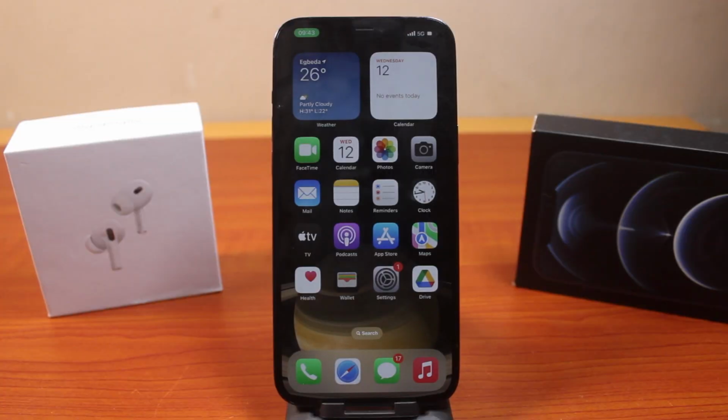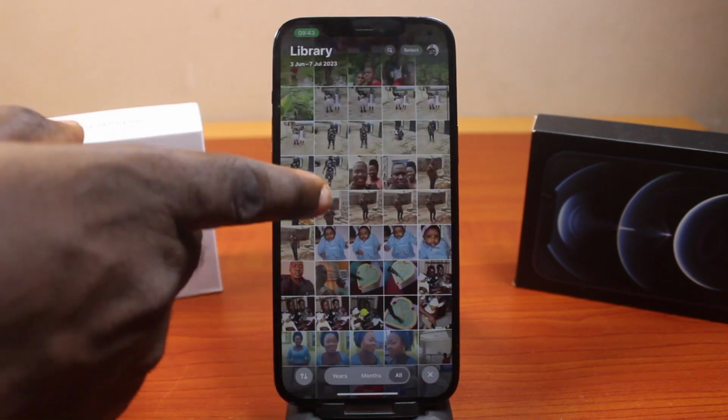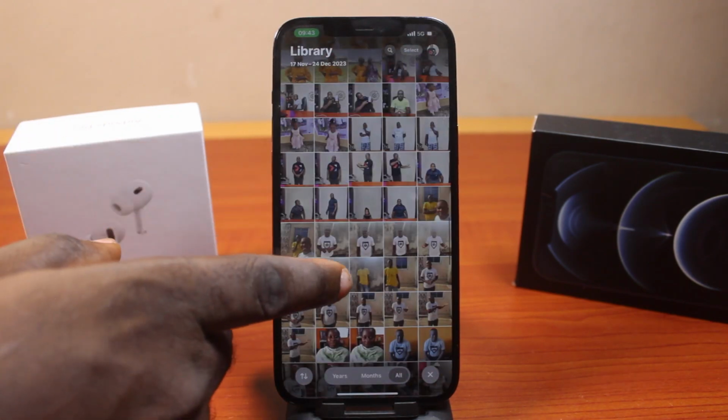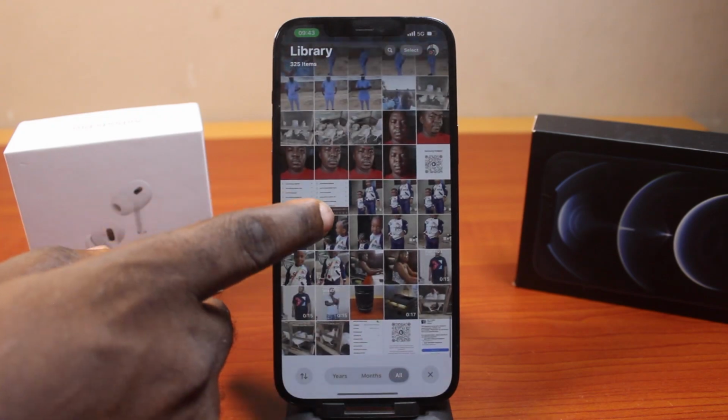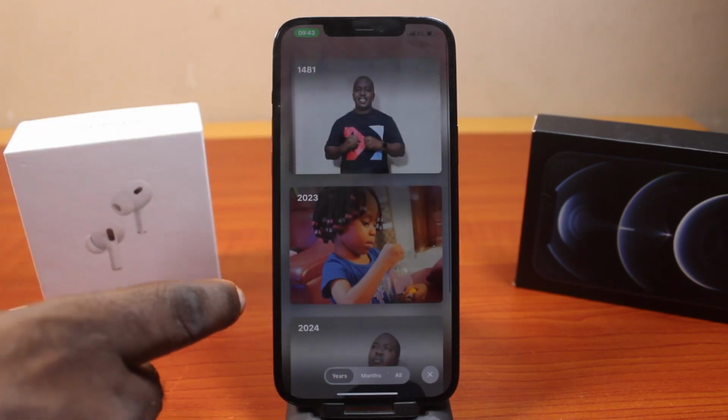In this video, I'm going to show you how to customize the Photos app on iPhone on iOS 18. The new iOS 18 brings new features to the Photos app, where everything is organized based on preferences. So if you come here and click on year, you're going to see your photos organized just like this